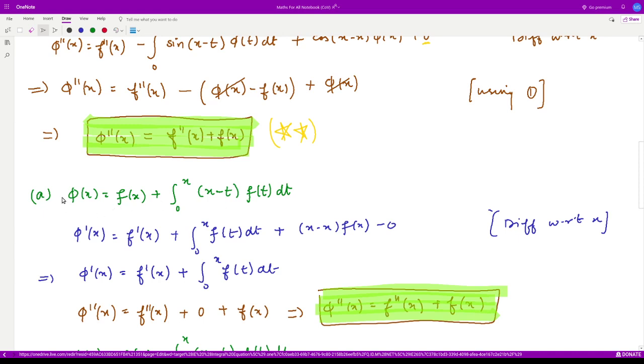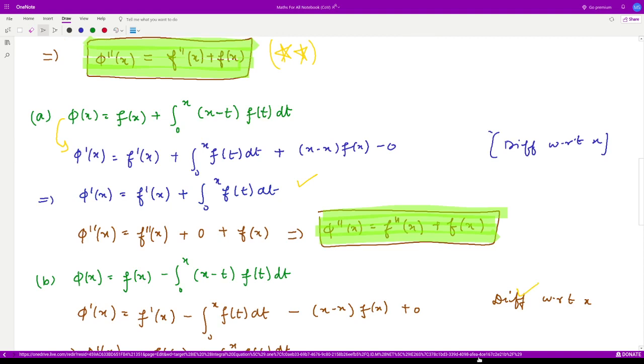We can differentiate this. We'll obtain this. And then we can double differentiate it. We'll obtain this. I hope you can do it now, right? Following the same steps as discussed above and applying the Leibniz rule. Let me just write the Leibniz rule for you. It is the derivative with respect to x of some integral, say u x t dt, right?